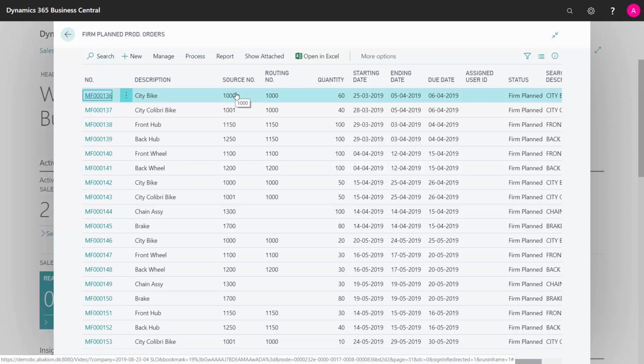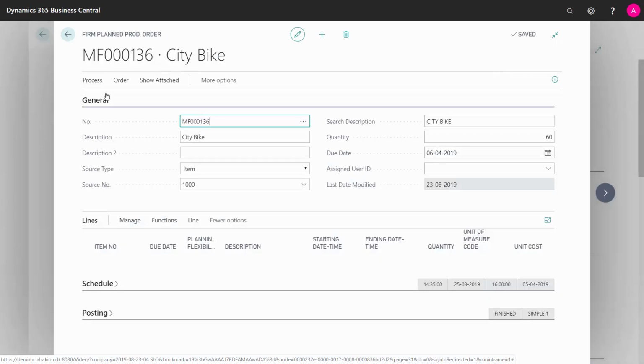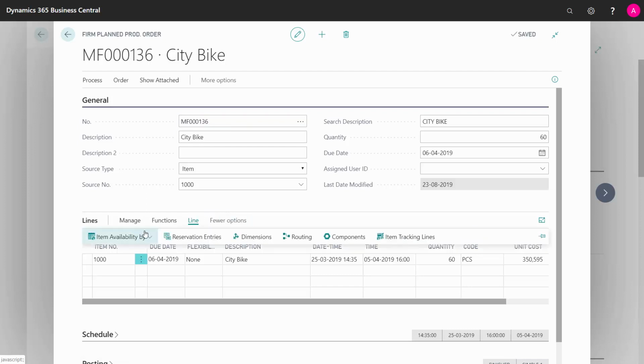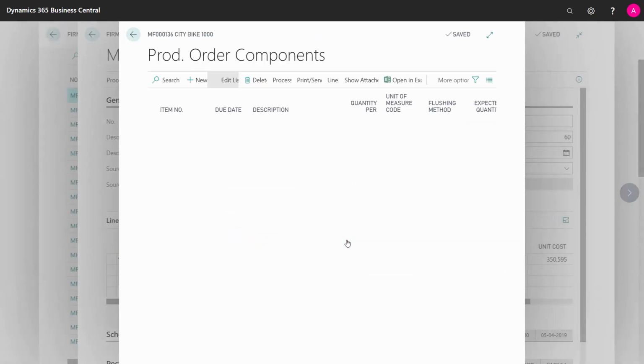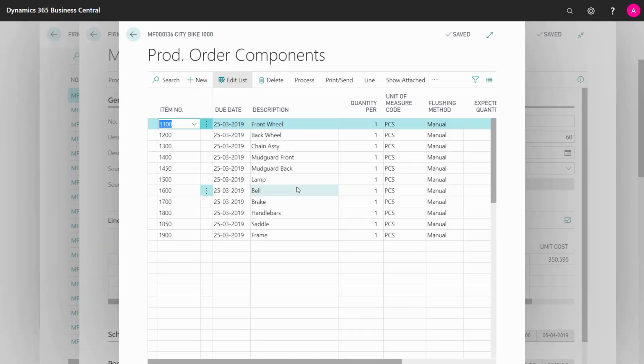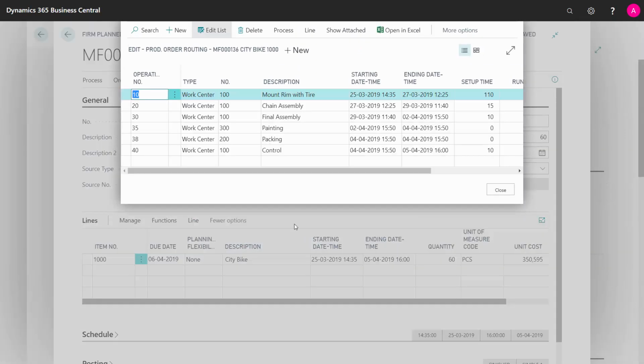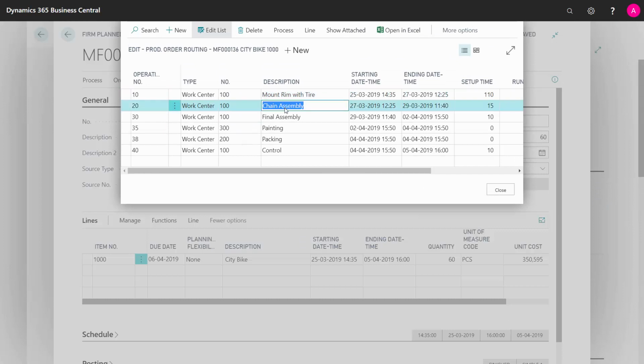And on those production orders, I have material requirements and capacity requirements. So this master plan is creating, if I'm going into the order and looking into the lines on the components, I can see what will be the expected components for an order like this, and I can view my routing, meaning what would be the expected capacity need for an order like this,